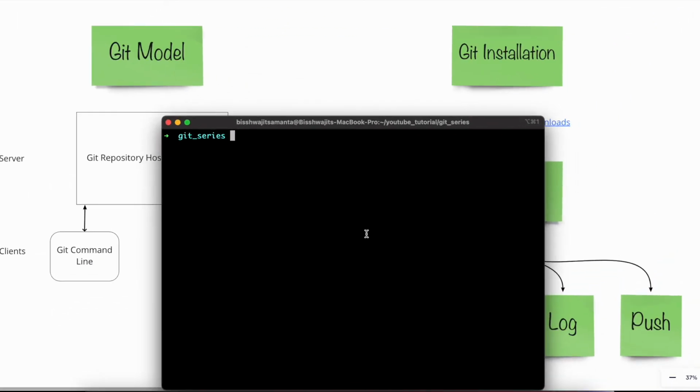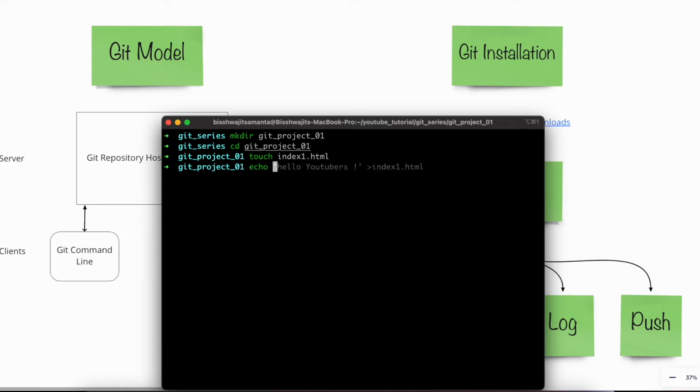Let us create some directory first, and I am going to name the project as Git project 01. Now let me go to this Git project 01 and let me create some file here. So if I say a file called index1.html, the touch command is a command which can help you to create a new file, but it doesn't have any content, right? With the touch command, I create a file called index1.html, and let me put some value,